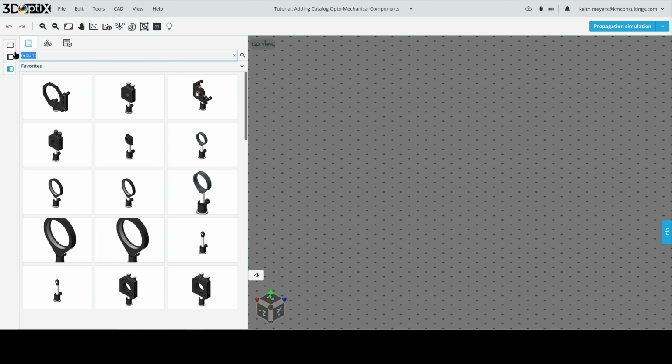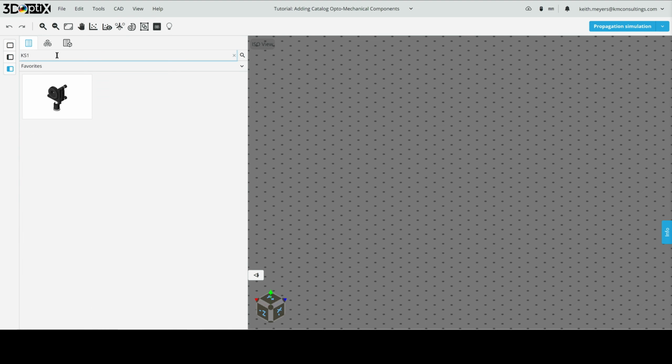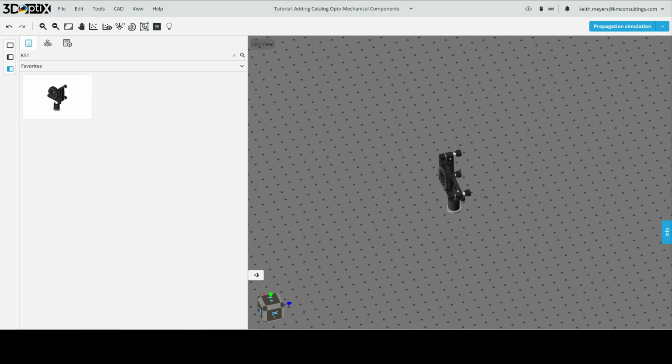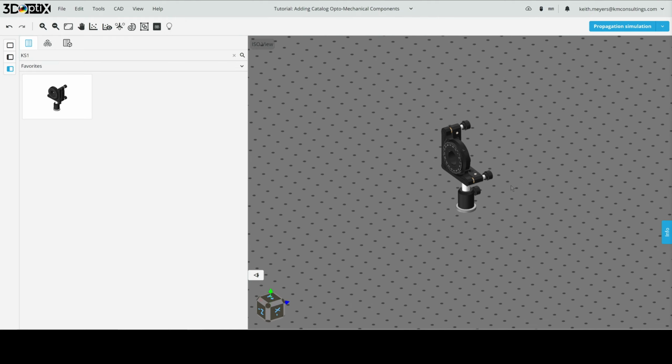Now that's a kinematic mount from Thorlabs. Okay, and if we click enter, we see that that mount actually does pop out. Okay, now we're going to drag and drop this mount into our optical system here. All right, fantastic. Now, since this is a catalog CAD object from 3DOptix, we have a few nice features that